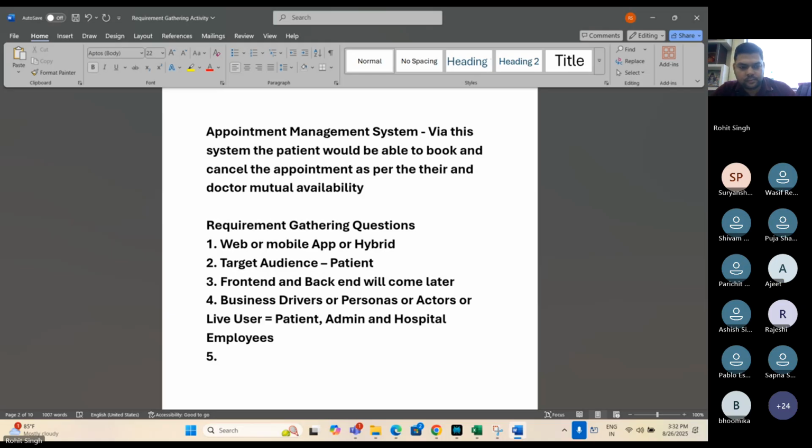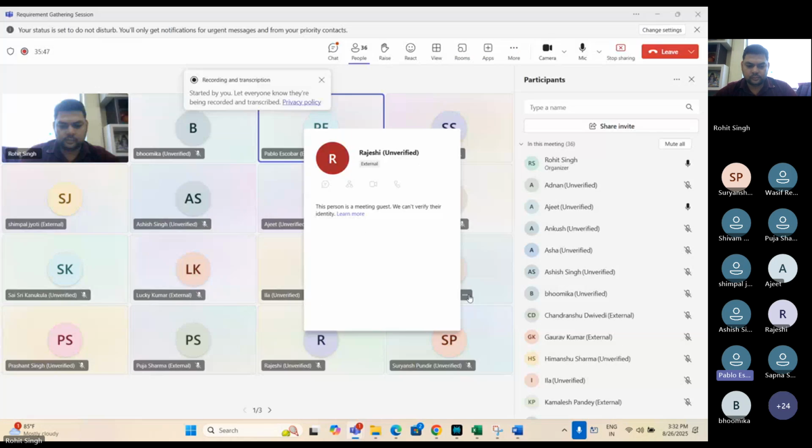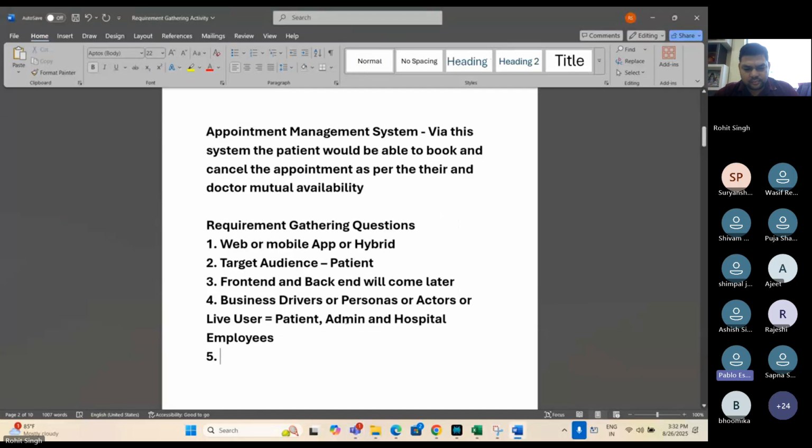Should the system support uploading scanned documents or reports? So there is the super admin option also, no? Super admin is used by the owner of the application or company. Admin is used only by the staff. This admin is also a hospital employee, right? So let it be admin and super admin. Super admin can change any of the features they don't want to give to the admins. So let it be admin and super admin. Yeah.